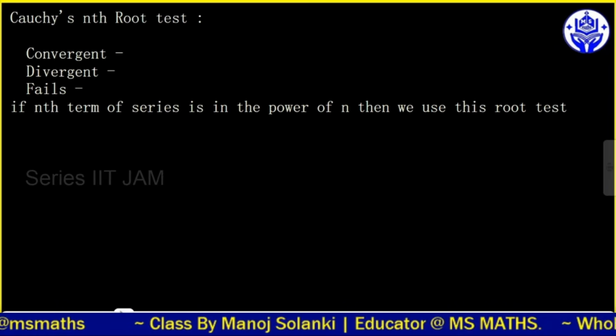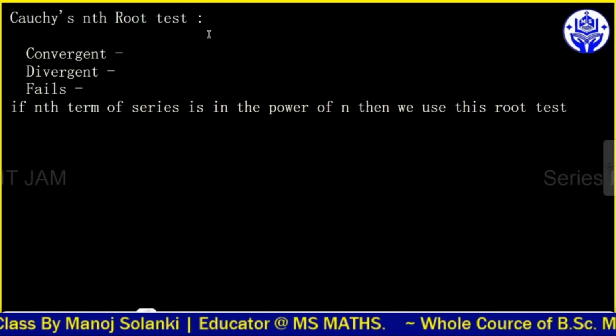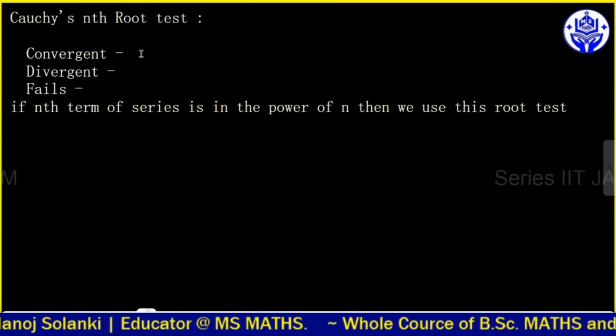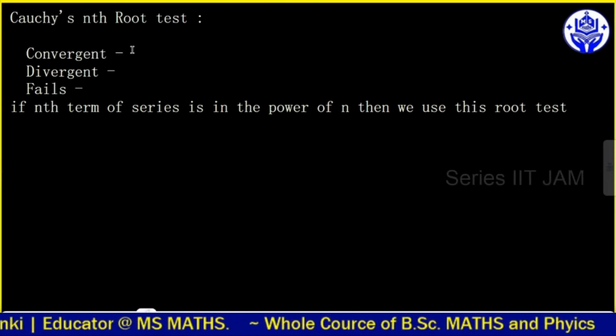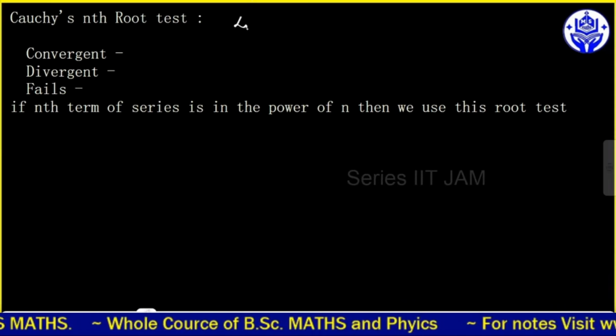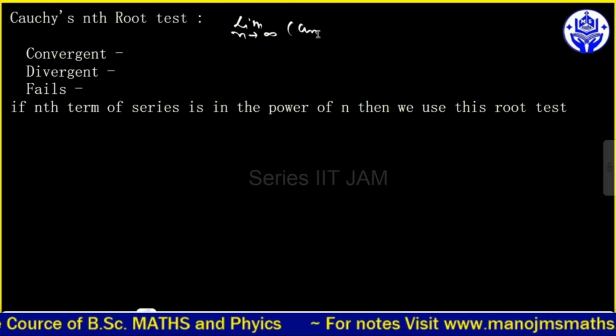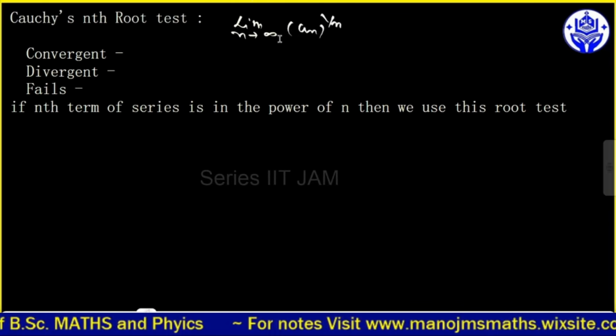सो आई होप आपको डी एलम्बर्ट रेशियो टेस्ट पूरा समझ में आया होगा। अब कोची nth रूट टेस्ट के बारे में समझते हैं कि इसमें क्या होता है। एक्चुअली यहाँ पे आपको ये ध्यान रखना है कि कोची nth रूट टेस्ट जो होता है वो ऑलवेज लिमिट n टेंड्स टू इनफाइनाइट un पावर 1/n होता है।